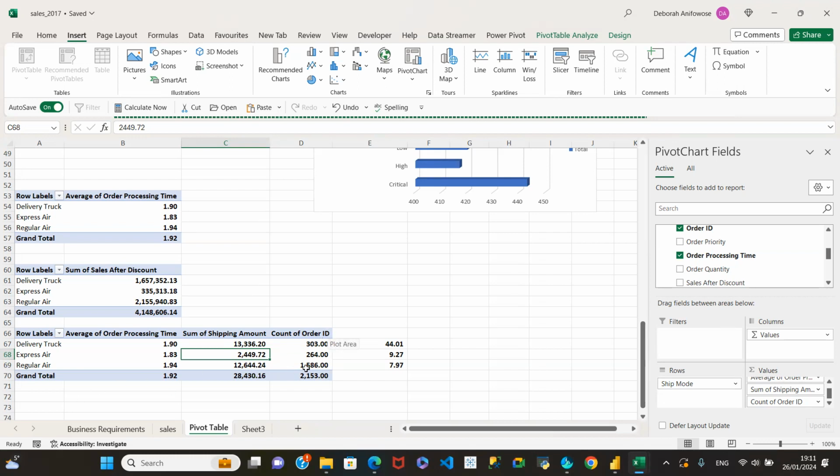And the way that can be done is we divide this sum here by the number of orders. Now I can't achieve that in the pivot table we are using straight away, because